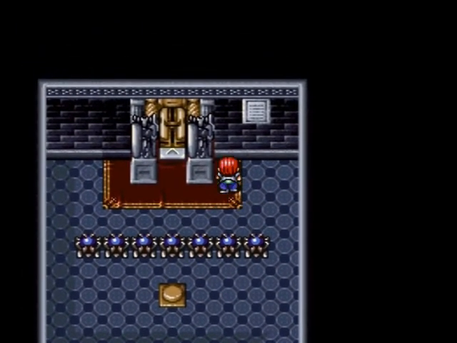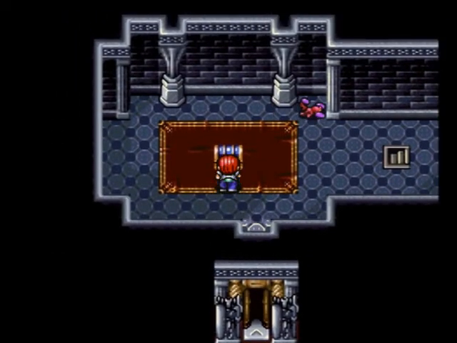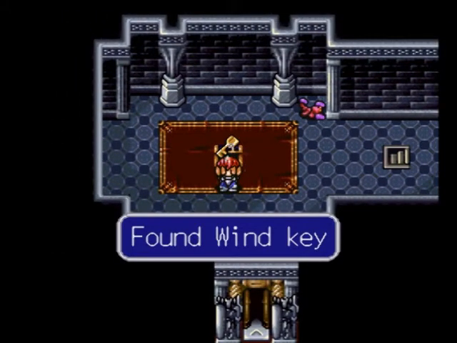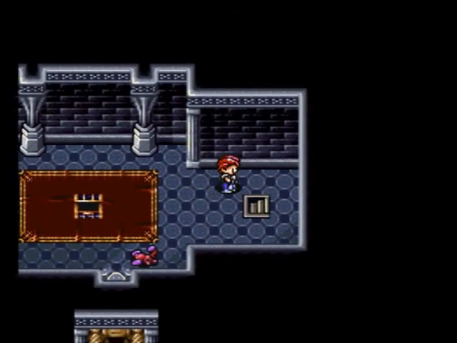And then the monster there disappears. There's really nothing you can do. Cut them in order. Yeah. Game does give you a hint. And here we have our key. Our wind key. I'm not exactly sure where those stairs lead to, but...